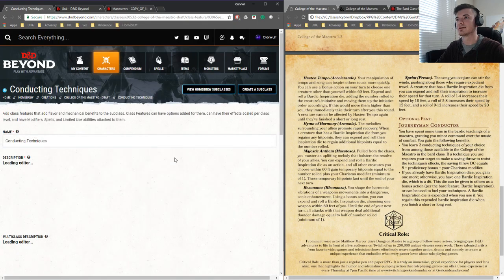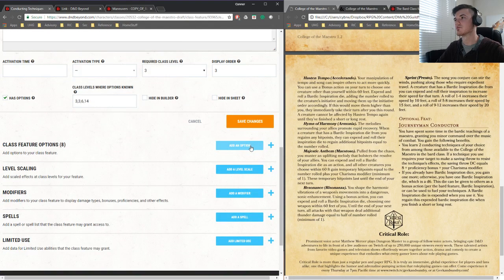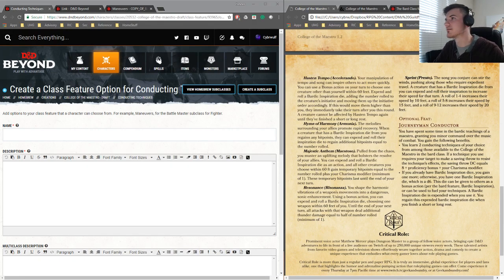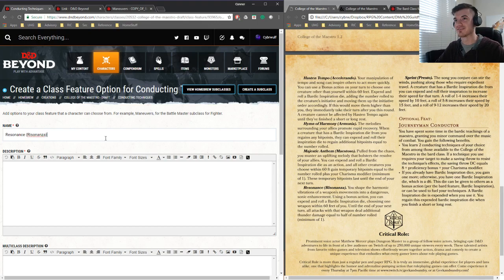Alright, going back to conducting techniques, because we still got 2 more. Resonance. Resonanza. And that is the worst way I could pronounce it, but I tried. You shape the harmonic vibrations of a weapon's movement into a dangerous sonic enhancement. Using a bonus action, you can expend and roll a Bardic Inspiration die choosing one weapon within 60 feet of you. Until the end of your next turn, all attacks with that weapon deal additional thunder damage equal to half